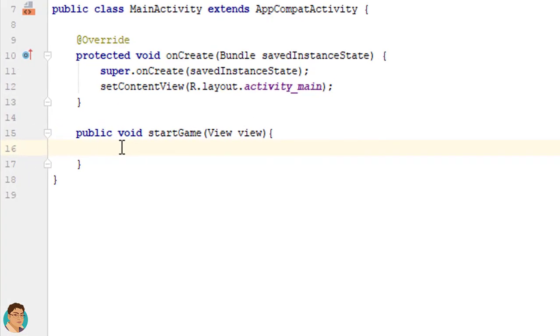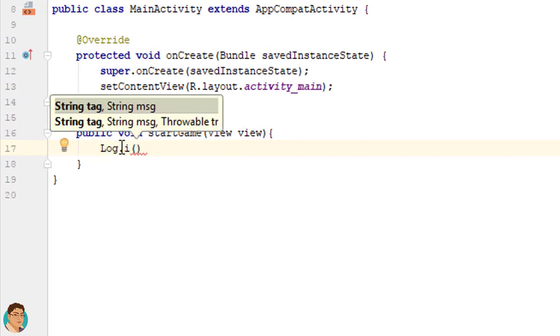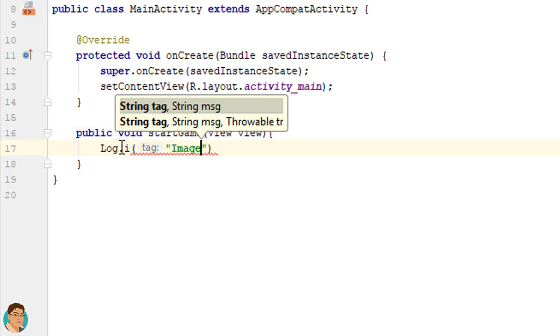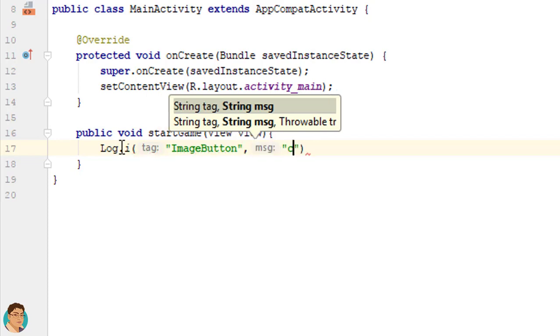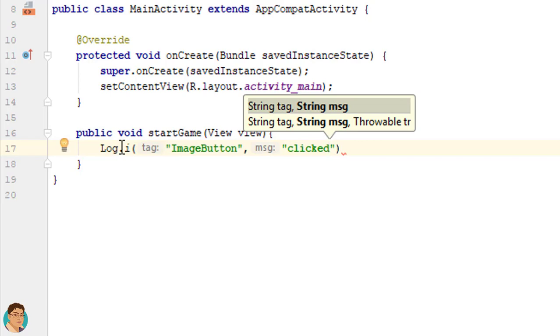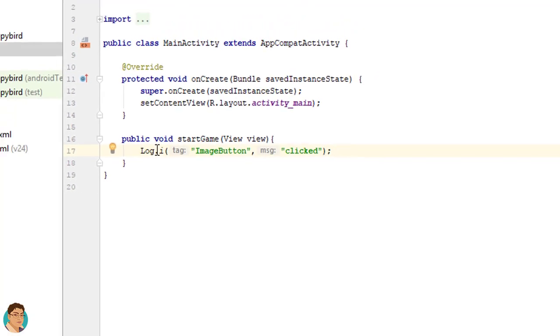So write Log.i. For tag, write ImageButton, and for message, write clicked. Import Log by pressing Alt and Enter if it is not imported automatically.